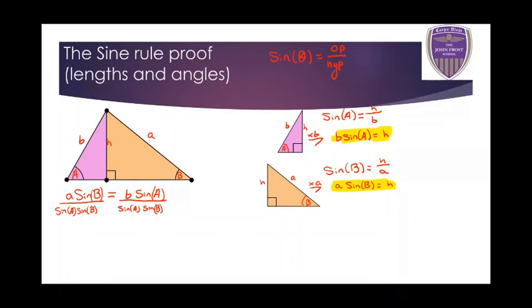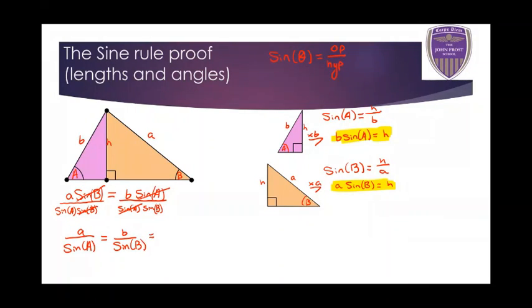Now, you should notice for the first part of this equation, we've got sine B in the top and bottom of the fraction, okay? So we can cancel that out. And for the second part, we've got sine A in both the top and bottom part of the fraction, so we can cancel those out as well, okay? So that leaves us with A over sine of angle A is equal to B over sine of angle B,